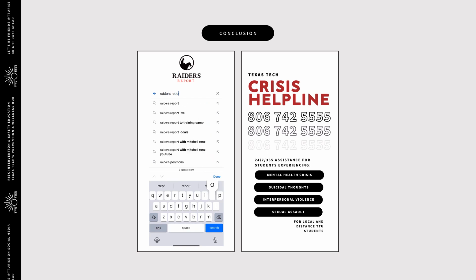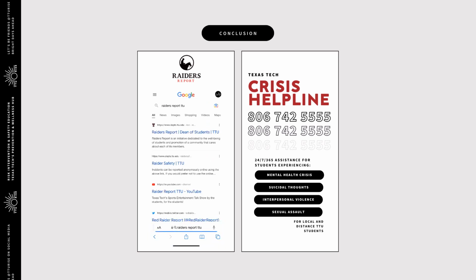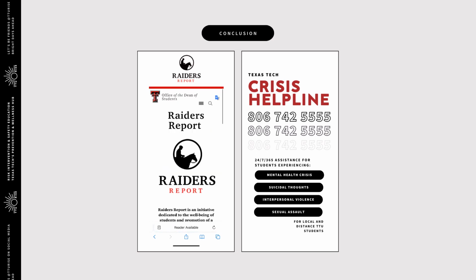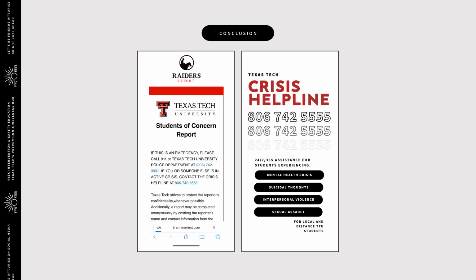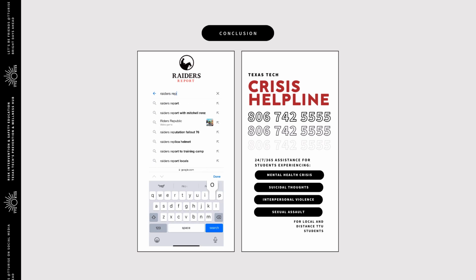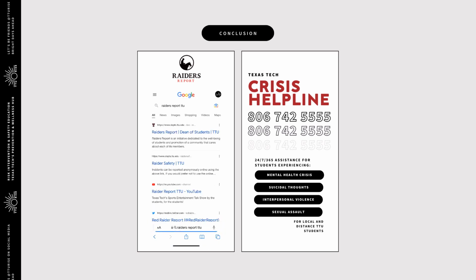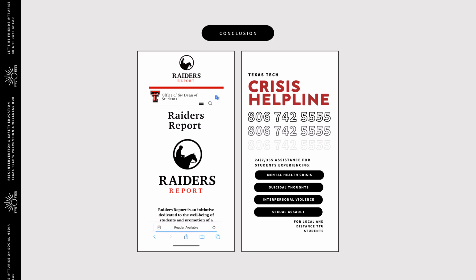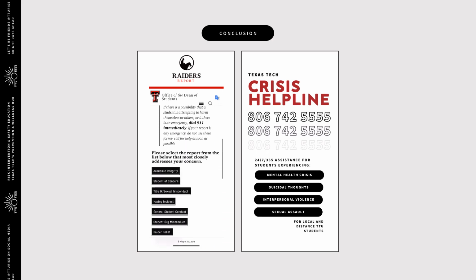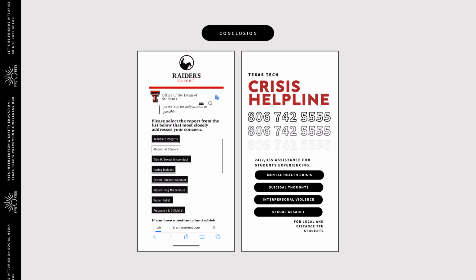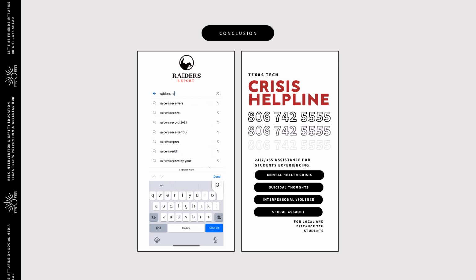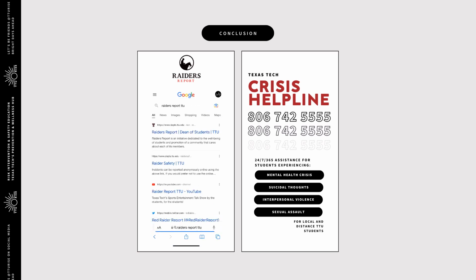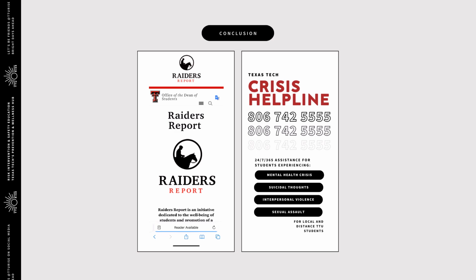So how do you intervene, or how do you make sure that everyone at Texas Tech is being safe and being taken care of and getting connected to the resources that they need? So what you see here on the left of your screen is exactly how to find Raiders Report. You can literally Google TTU Raiders Report, and it's going to pop up this list of all of these different reports, including the Student of Concern Report, which you can file if you are worried about a student's mental health and safety. There's also the Title IX report in case of a sexual assault that you hear of that